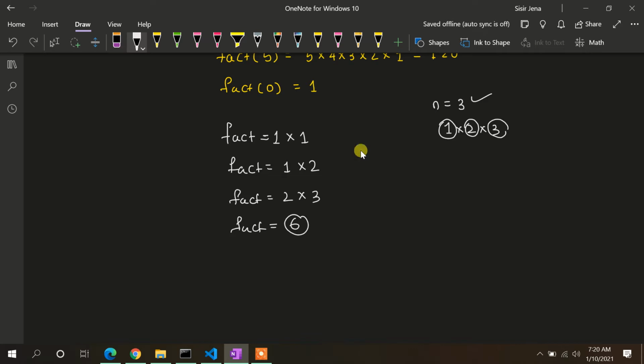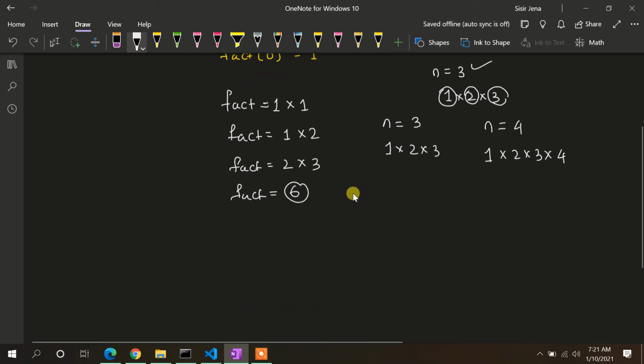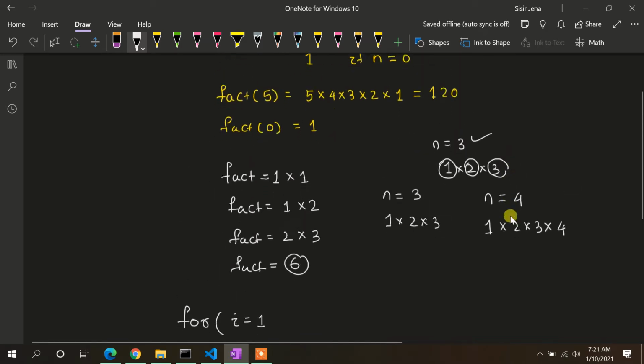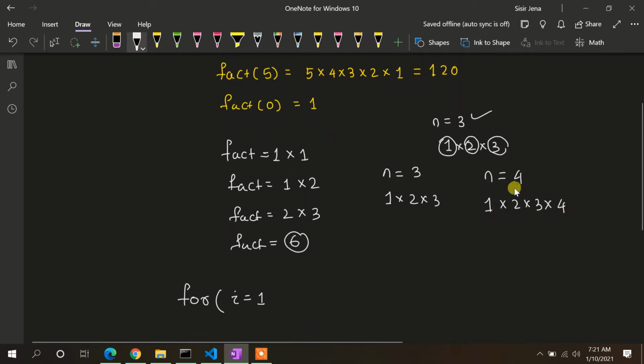So what do you think? How should I implement this? If n is given as 3, we are multiplying 1 into 2 into 3. If n is given as 4, then obviously we will multiply 1 into 2 into 3 into 4. We will apply the same logic. So if I write something like this, you can easily understand this code in a very interesting way. I will initialize i is equal to 1 because I'm trying to multiply 1 through the number n.